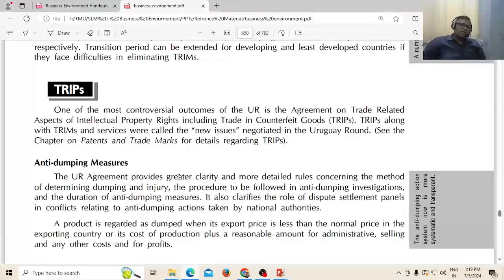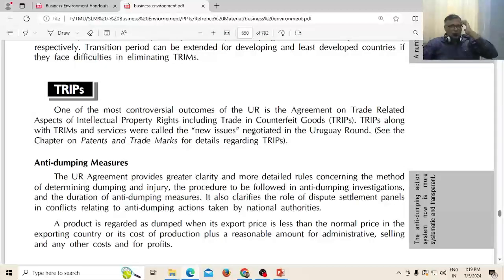Thus, next is TRIPS. One of the most controversial outcomes of the round is the agreement on the trade-related aspects of intellectual property rights, including trade in counterfeit goods, that is TRIPS. TRIPS, along with TRIMs and services, are called the new issues negotiated in the